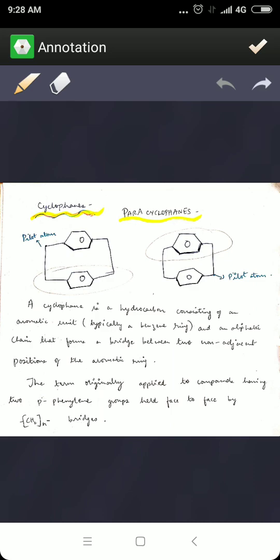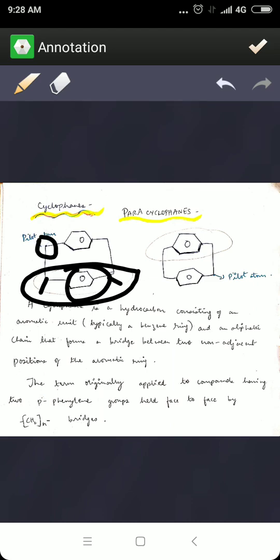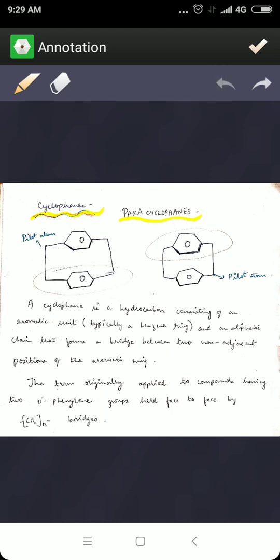Now when you look at the pilot atom, you cannot consider this CH2 as the pilot atom, because we know the criterion for a pilot atom is that it has to be non-planar. And in cyclophanes, the two CH2 groups on either end of this benzene are planar. So we can't consider this or this as the pilot atom. But we should consider the next CH2, which is non-planar, on either end. These two can be called the pilot atoms. So whenever we are assigning RS configuration, we should always start the numbering from this atom. Whereas when you consider this as the pilot atom, you consider the numbering from this end.